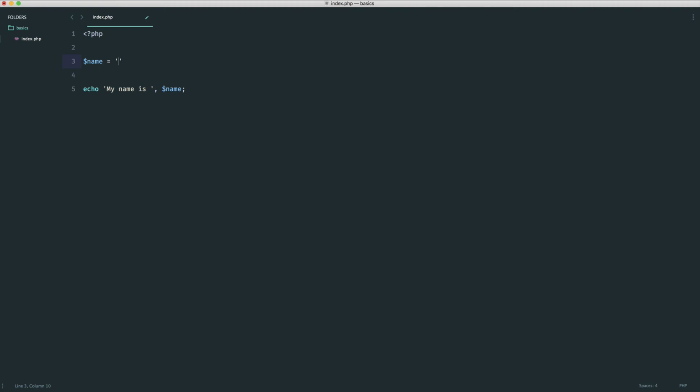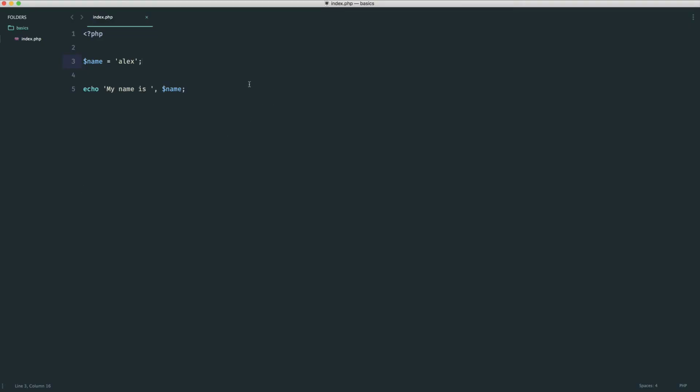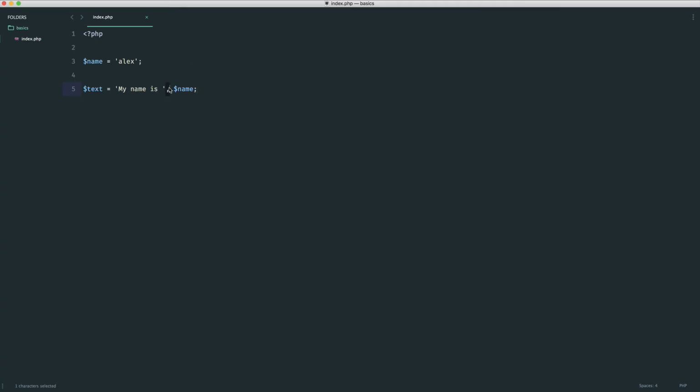So name equals, or we're assigning the value Alex to name, like so, and then it works in exactly the same way. So using a comma here only works with echo, and it's basically a way to chain on many strings, integers, floats to build up a string as you're echoing it out. So this is only part of echo, so it's not going to work if you were assigning this to a variable. If you were to say something like text equals my name is comma name, it's not going to work. You can see we get a syntax error and an unexpected comma on line 5, so we're not expecting this. In actual fact, what we are expecting is a dot, and then of course that would go ahead and work